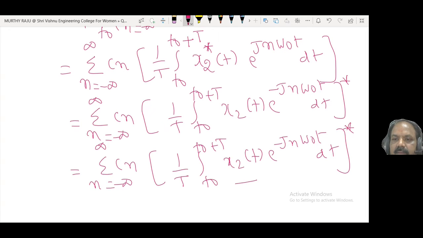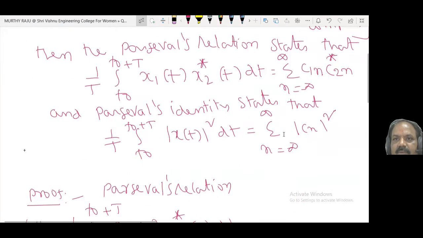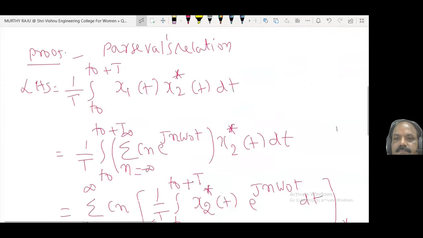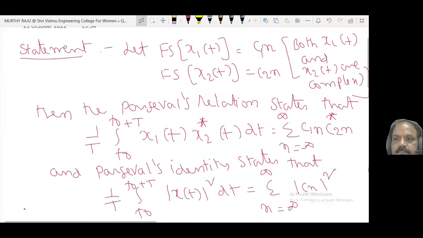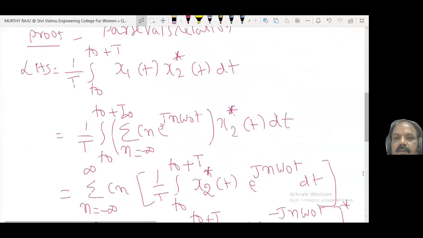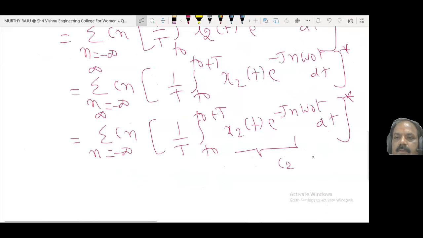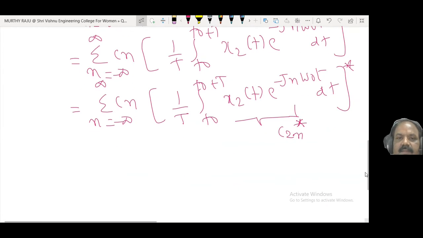The entire integral is replaced with C2n conjugate. Therefore, sigma n equals minus infinity to plus infinity